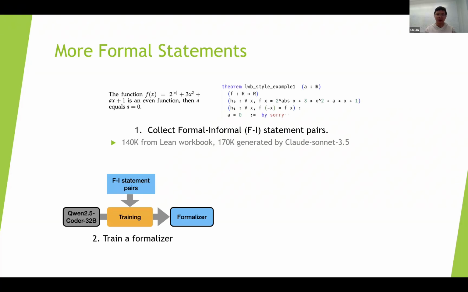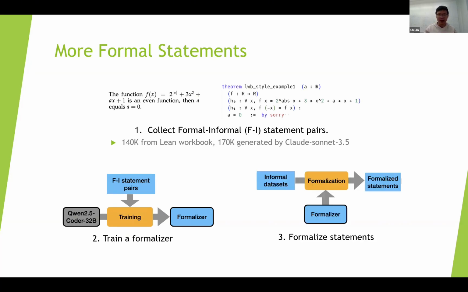And the second thing is we need to train a formalizer, because 100K problems is not quite enough. So we train our own formalizer. Essentially, we start from the Qwen 32B model, feed in these formal and informal statement pairs, and get the final language model using SFT. That is our formalizer. Once we have it, we can look at a much bigger informal dataset, specifically the Numina dataset, which consists of around 800K high-quality mathematical problems, and we formalize them into formal statements.